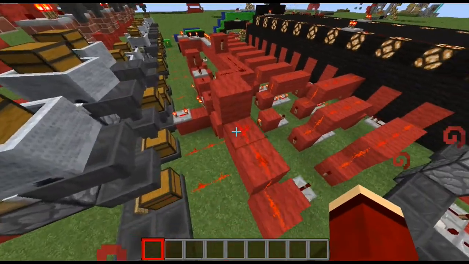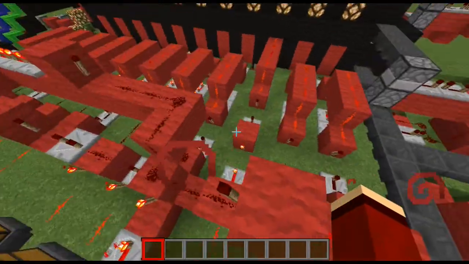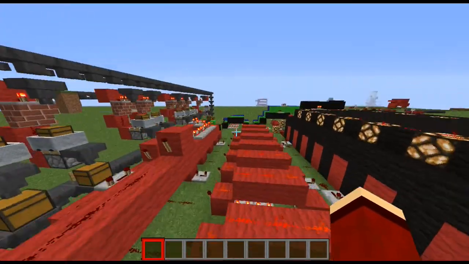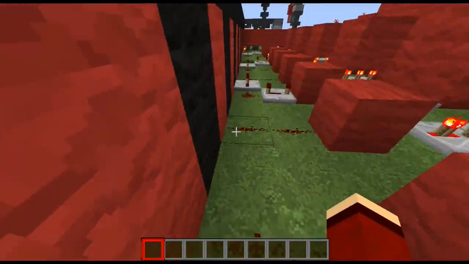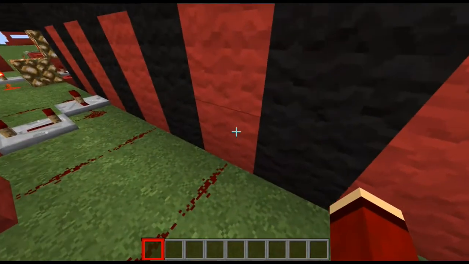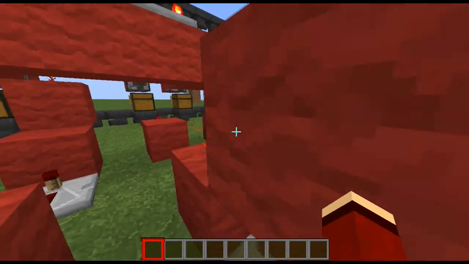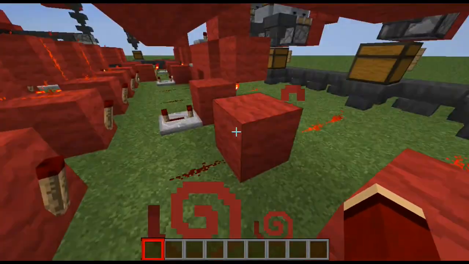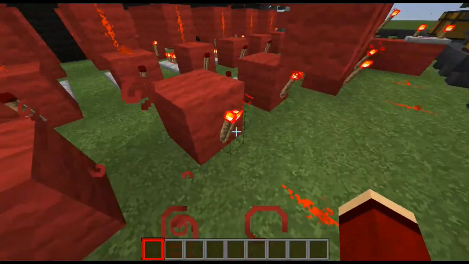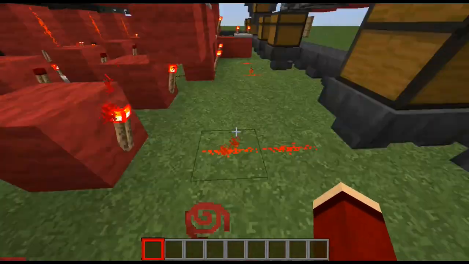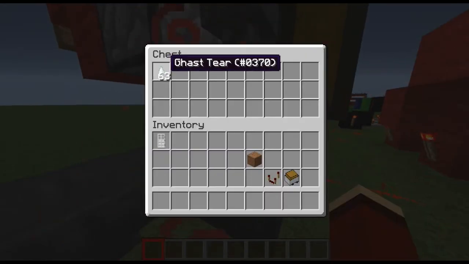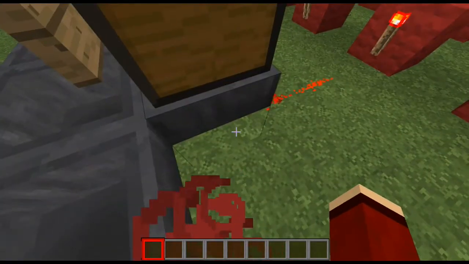wait, this is probably the crappiest one to start an explanation on. Let's go to one of the simplest ones. Here, one of these. Alright, so it goes from the button to the pulse shortener, so that the pulse is shorter than the normal button pulse. That'll turn this torch off, which then allows you to get one ghast tear out of this chest,